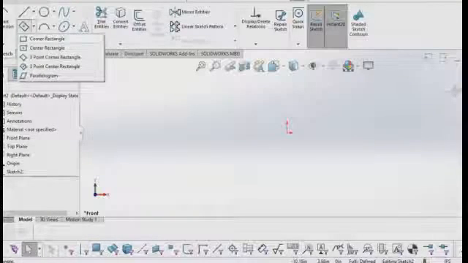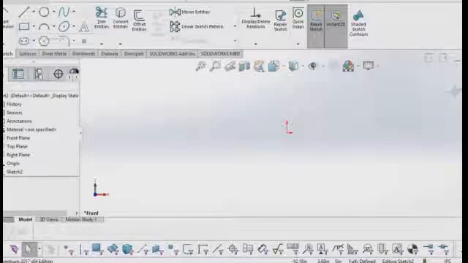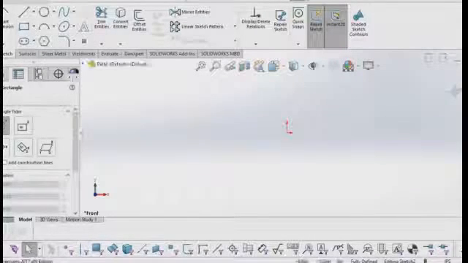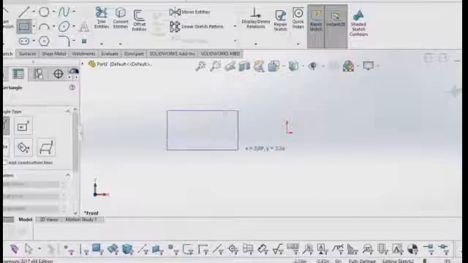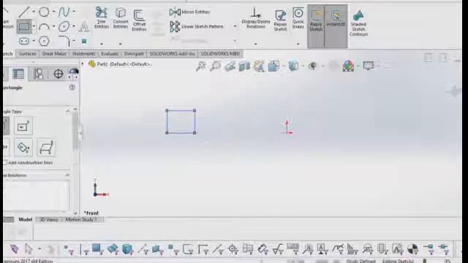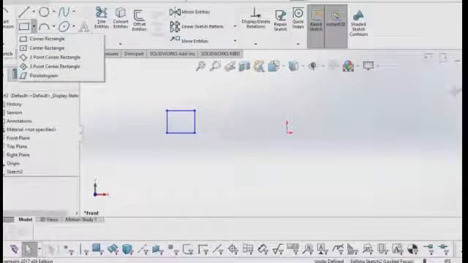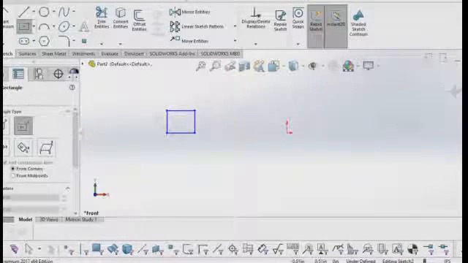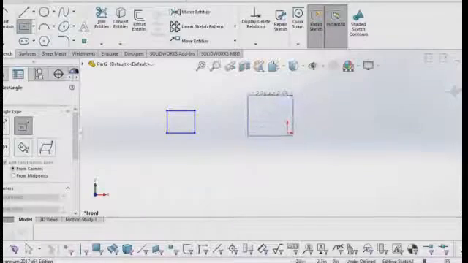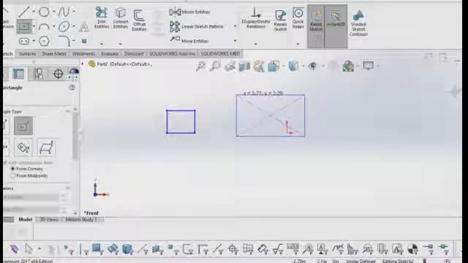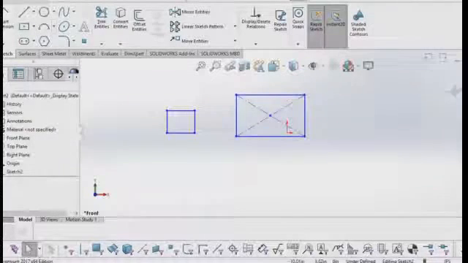Next we have rectangle: corner rectangle, center rectangle, 3 point and parallelogram. This is corner rectangle. We should give the two corner points, first point and the end point. Next we have center rectangle as well. You should give the center and one particular corner for this type of rectangle.